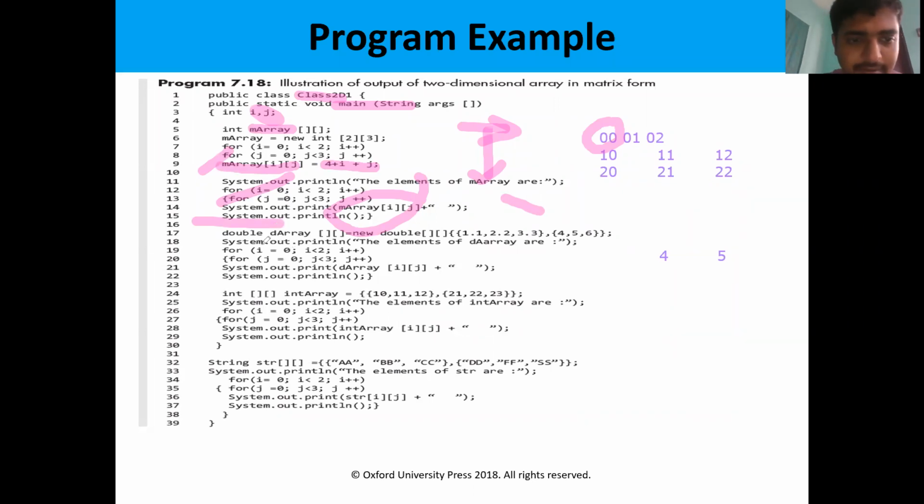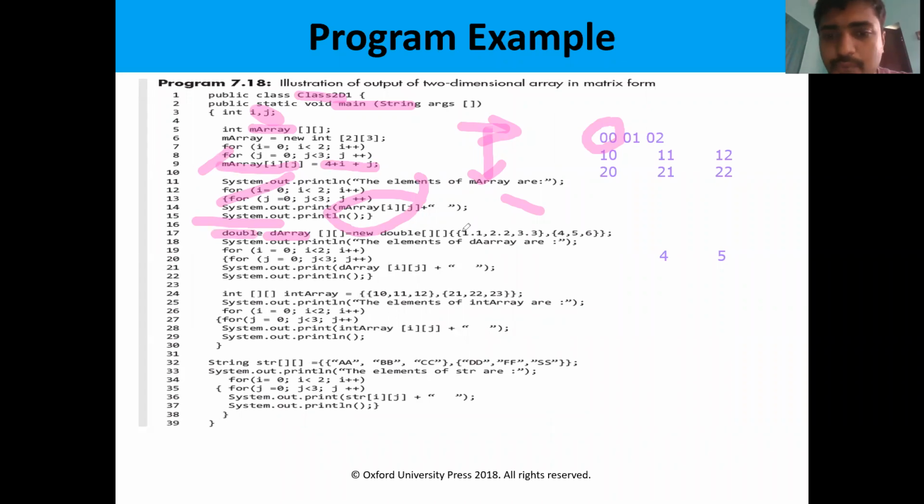Then he has taken another array, D array. He's declaring another array, D array. He is assigning the values differently. Earlier, by using 2 for loops, he assigned the values. But here, he assigns them in a single statement. While declaring, he assigns the values 1.1, 2.2, so the type is double.